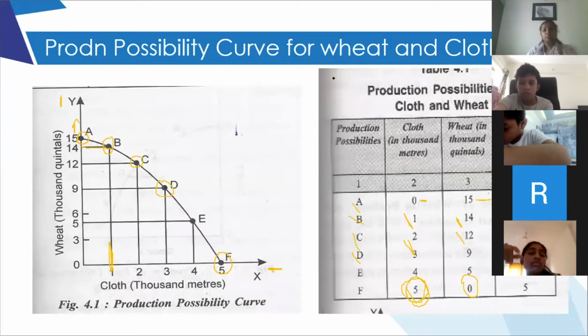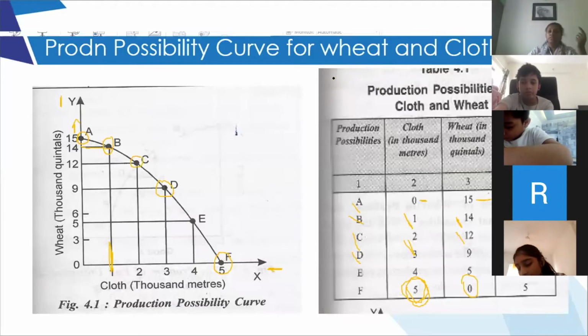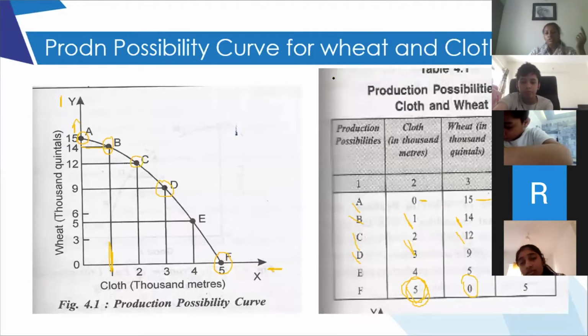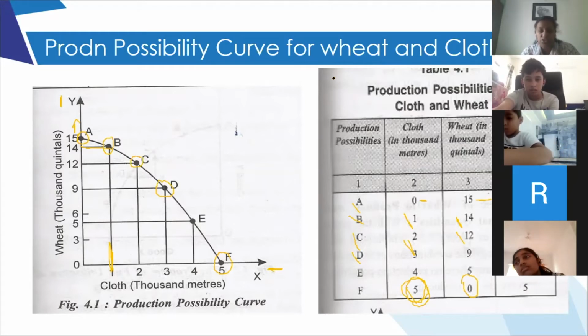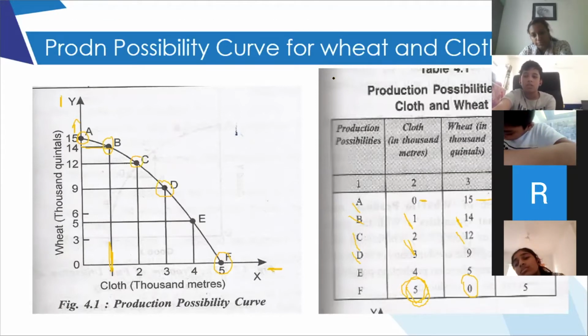So this production possibility frontier or production possibility curve is like this only. It tells you the combination between two goods, and when you increase the output for one good, you will have to reduce the output for another commodity, because all your resources are working at their maximum efficiency. You cannot increase the production of one without reducing the other. Clear to all of you?